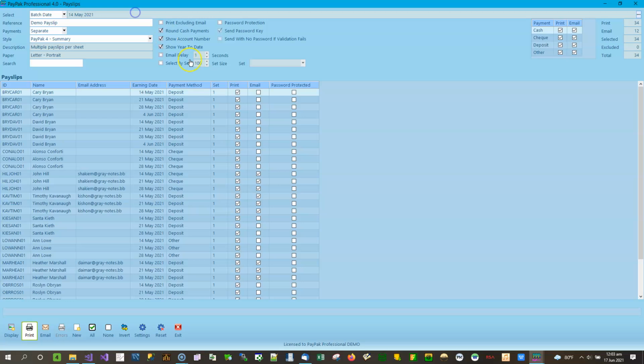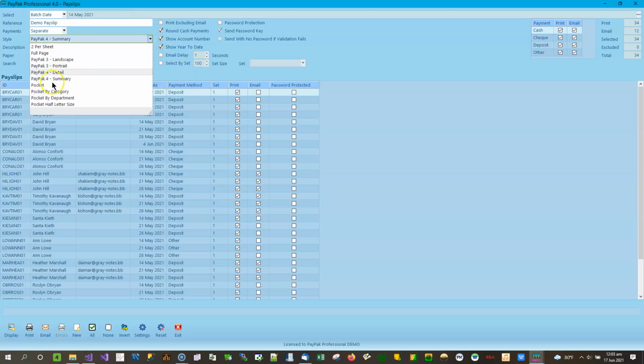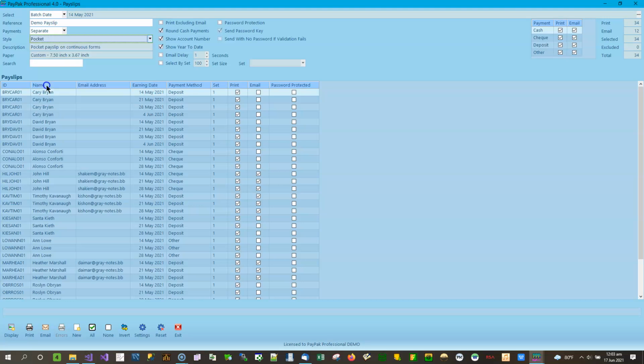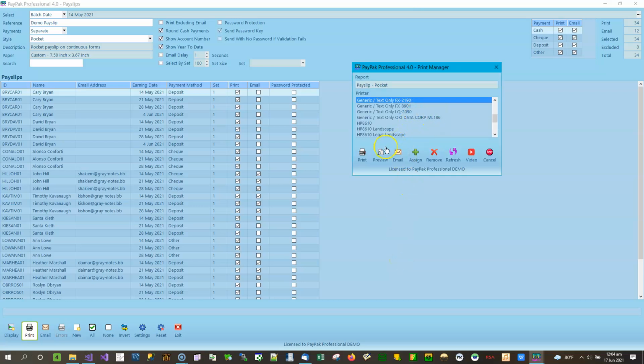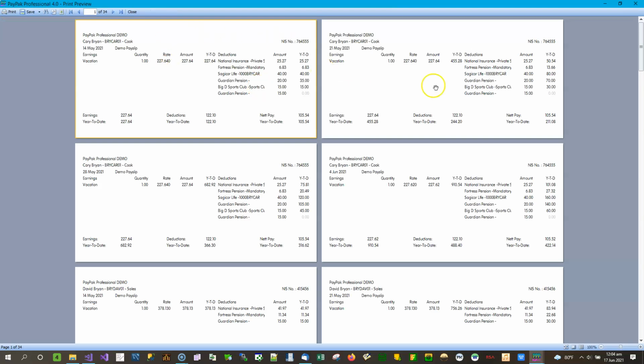Okay, let's close that. So the next styles are for pocket payslips, and these are payslips which would be printed on continuous forms, dot matrix printers. So let's print, and I will preview this, and that's what this would look like. These will print on a continuous form, dot matrix printer, so you're not looking at bold fonts or graphics or logos or anything of that sort in here. It's very simple